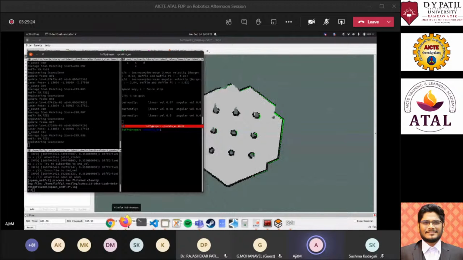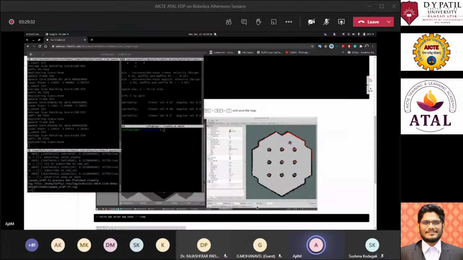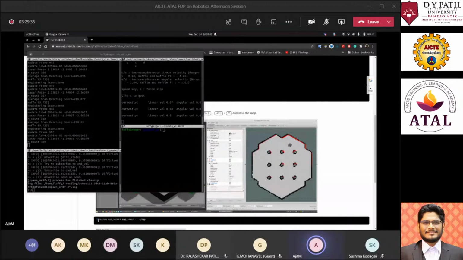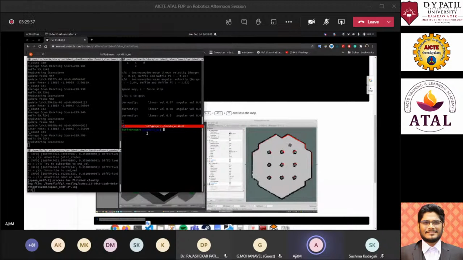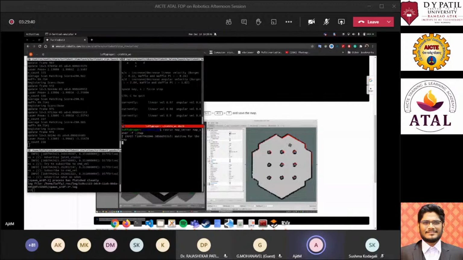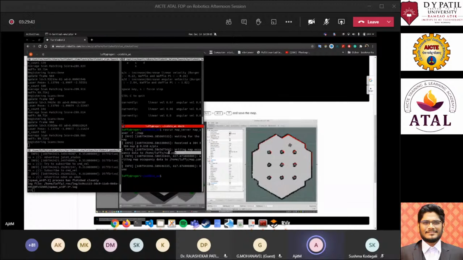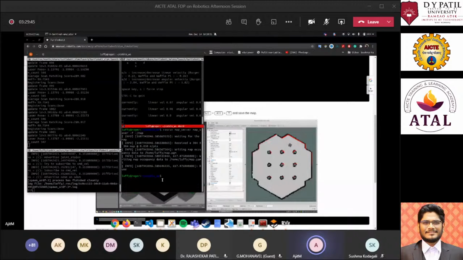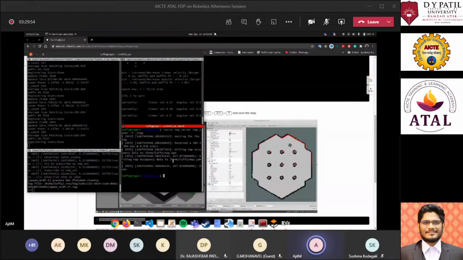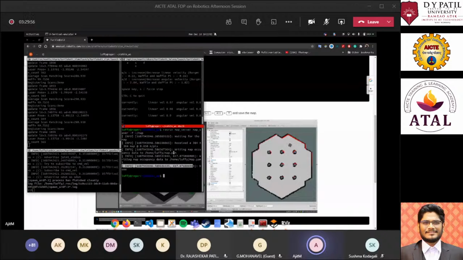For that, ROS has provided the map server for saving that specific map. If you go back into the tutorials again, you can see they have used the map server package. If you run that map server, it will grab that map and save it into your directory, and it will generate two specific files, one which is a PGM file and another which is a YAML file. YAML always links to the PGM. So if you move your map somewhere in the system, you have to move these two files together.